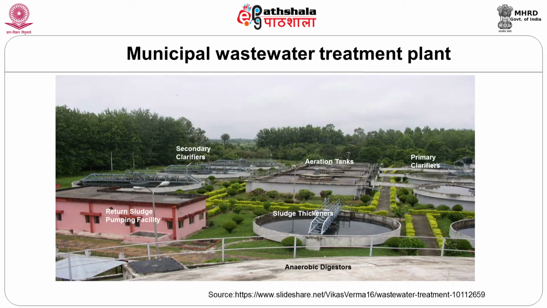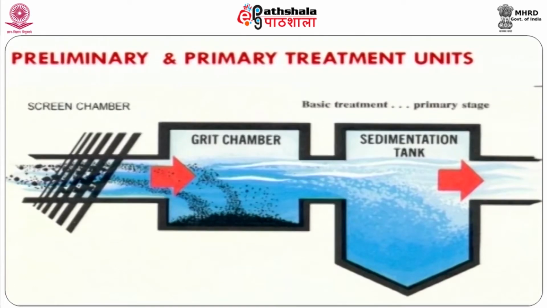This is the aerial photograph of a raw sewage treatment plant with all units integrated here. So, now we will discuss the various aspects of primary treatment operation. Primary treatment operation consists of a screen chamber followed by a grit channel. In addition to that, one solid liquid separator is connected at the downstream side of the grit chamber.